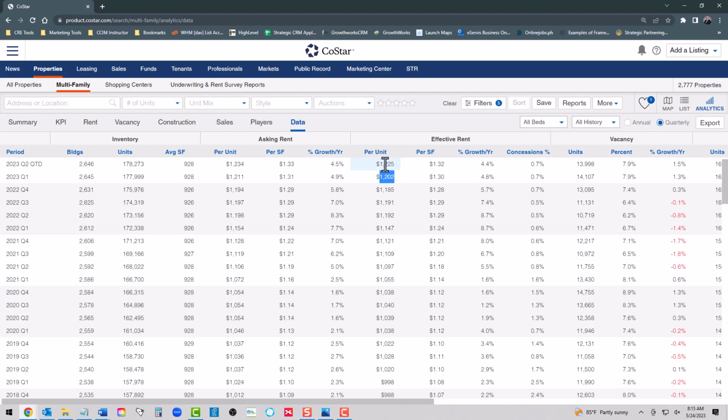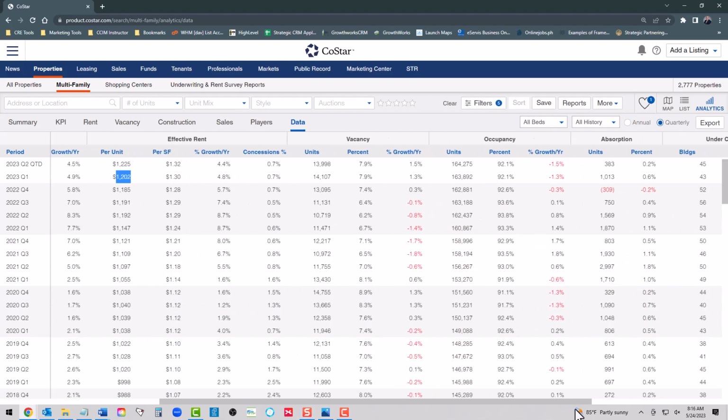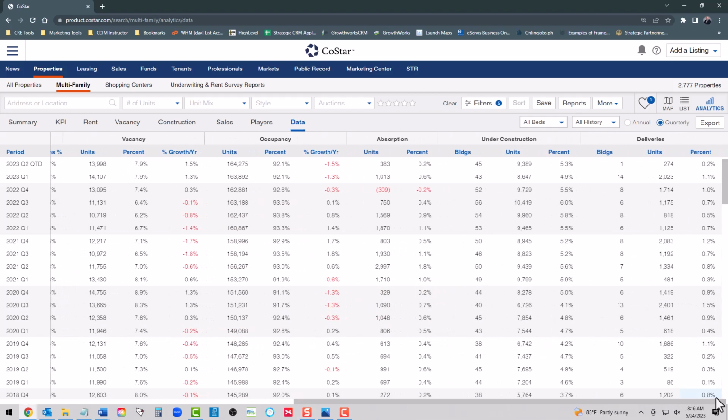We are not looking at year to date or quarter to date for second quarter. The data is too young and is erroneous to this date. So let's see if absorption tells us we should have seen this jump, or if it was erroneous because we've got a lot of owners that may be in trouble because their NOIs are falling below their minimum required debt service coverage ratios. So if we look at deliveries, we can see that 1125 was delivered in the first quarter